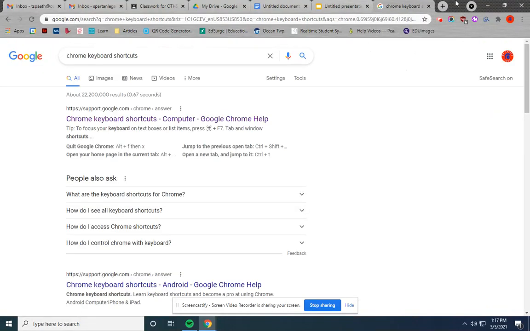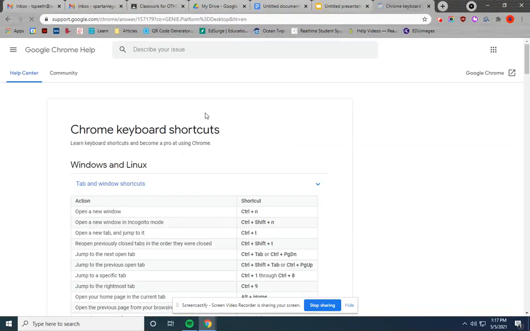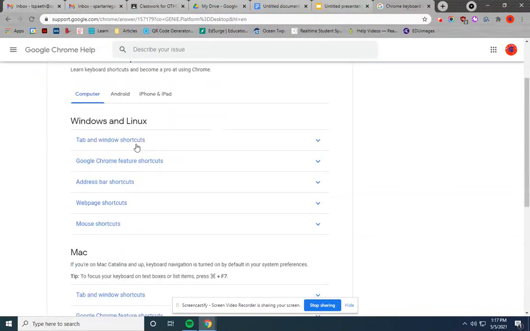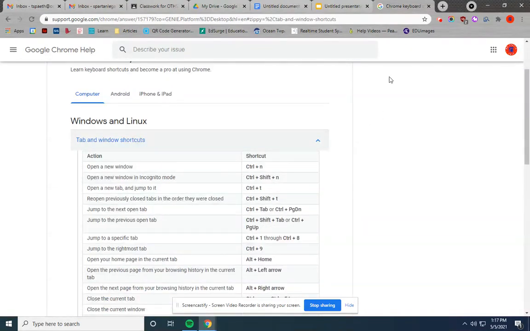The next one is Google Chrome itself has shortcuts. And this one you can't get with Control question mark, but there is a link, and I'll put it in the assignment here in the materials that I post on Google Classroom. But it has its own set of